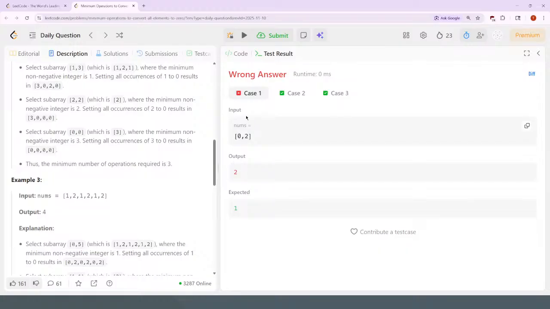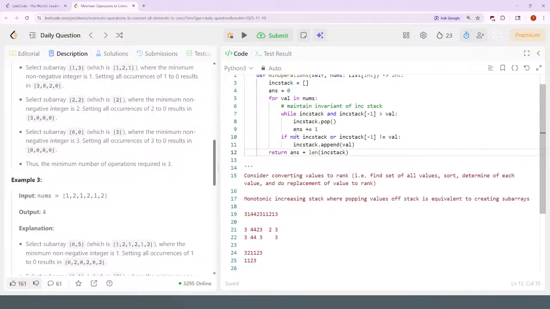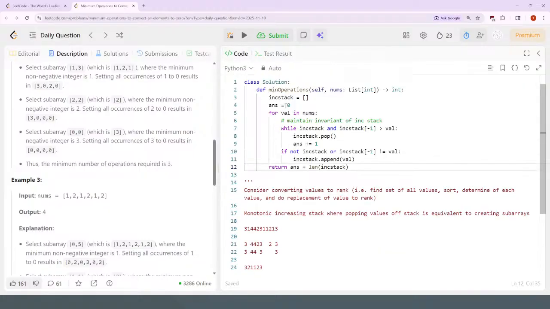Okay, I did that wrong for 0, 2. 0, 2 doesn't require an operation with a 0. So I think what I can do, zeros never require operations. So if the value is 0, then I think I need to skip it. Doesn't seem right. So if the value is 0, then